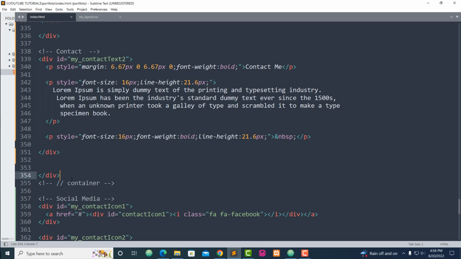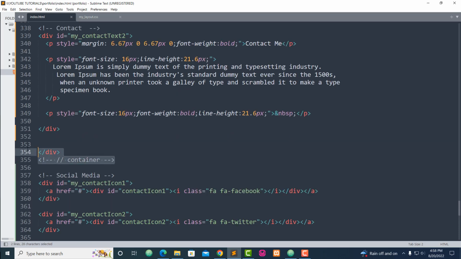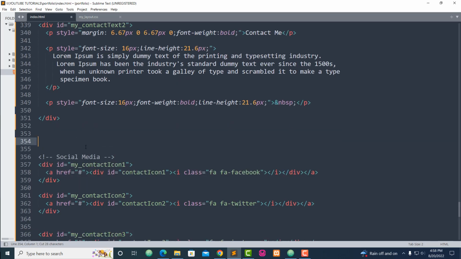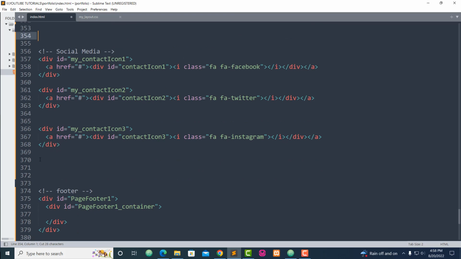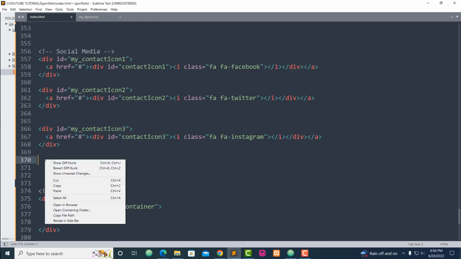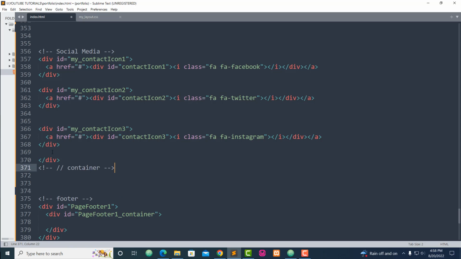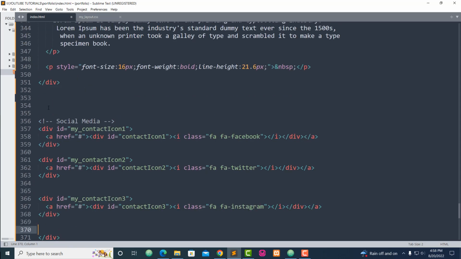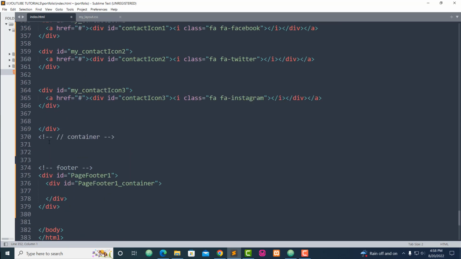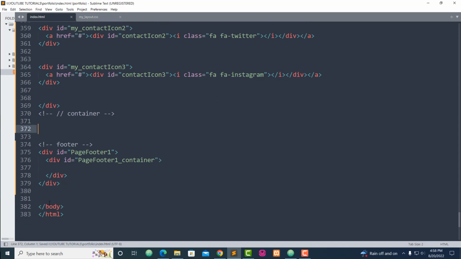Now we have to remove this, cut it, and paste it in front, before the footer. Paste it here, okay, before the footer. Okay, the footer is after that, and then the footer is before the body. And now if you save everything,